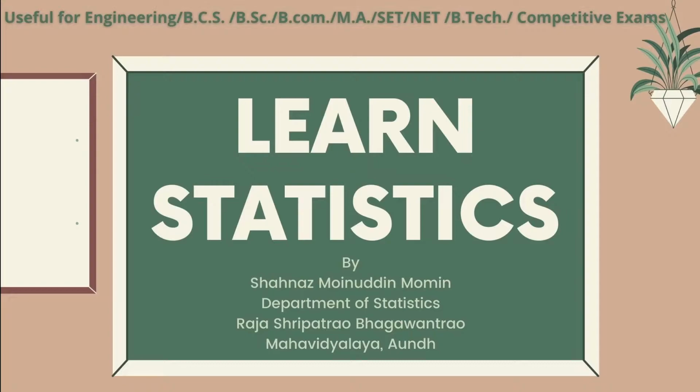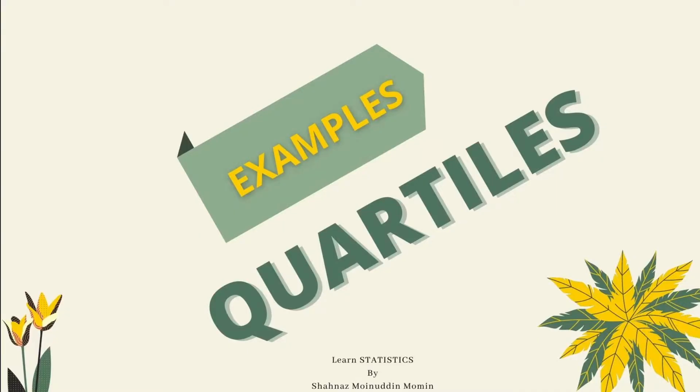In the previous lecture, we have learned the examples on quartiles in case of individual data and discrete data. In this lecture, we are going to learn the examples on quartiles for the grouped or continuous data. So let us start with the examples on quartiles. We know that if we are given classes and their frequencies, then the given data is called grouped or continuous data.